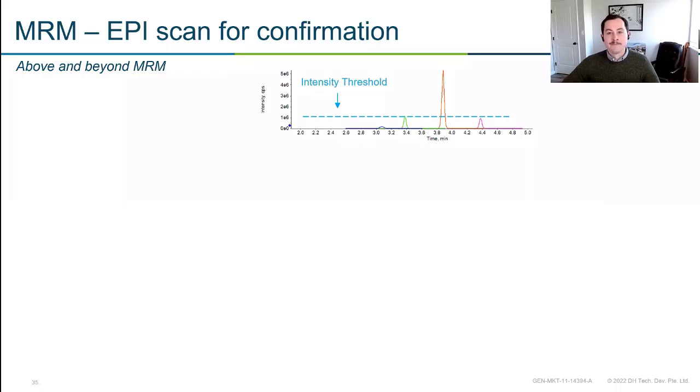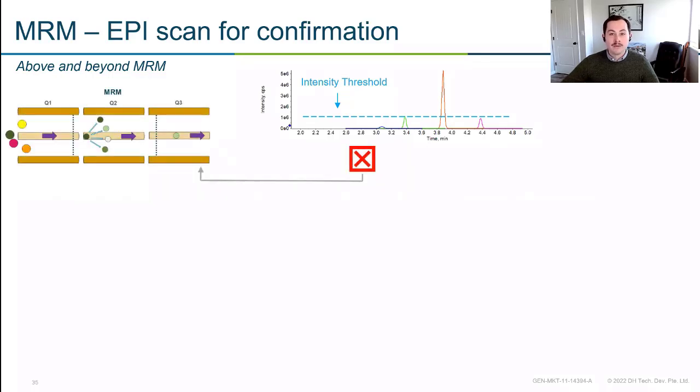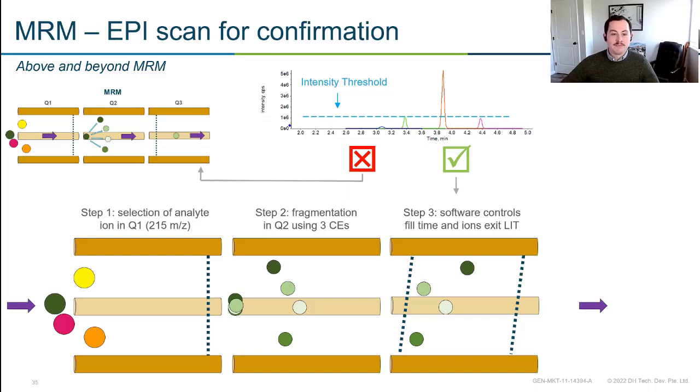What does this look like? So for an MRM EPI experiment, we'll start out with our MRM experiment. So here we have an XIC. So we've got, again, that extracted ion chromatogram with all our peaks. And we apply some sort of intensity threshold. And we're looking for a compound that passes or surpasses that intensity threshold. If the compound doesn't, like that compound in the dark blue, we'll just move on to our next MRM experiment and continue down the line. If it does meet that threshold, what we'll end up doing is our EPI experiment. So here is where we're going to create fragments and essentially read them out to get the compound's fingerprint.